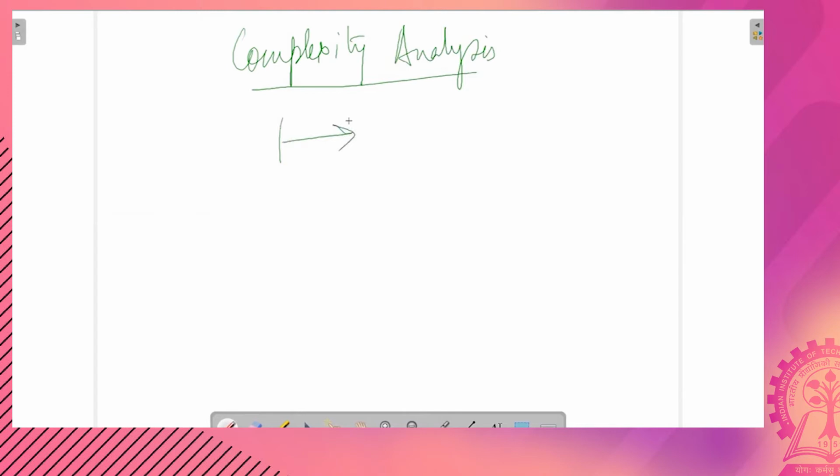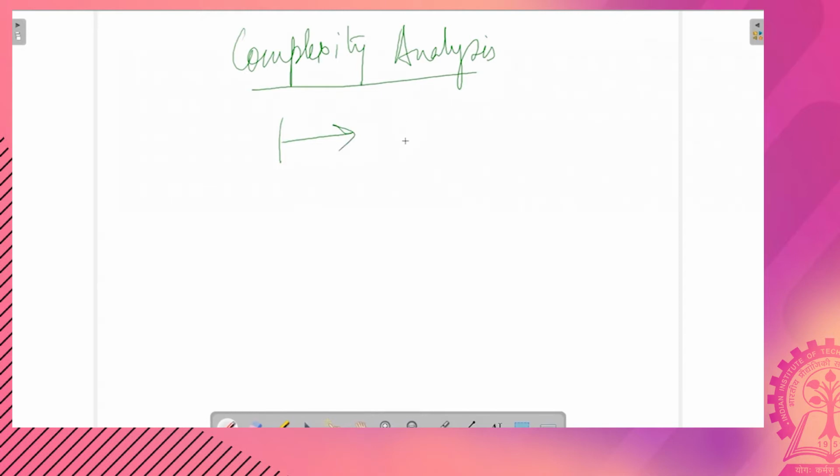So in the last class, we introduced ourselves to the idea of complexity analysis. And we have actually come up with a definition of complexity analysis, which is as follows.